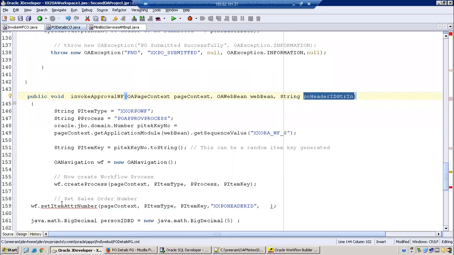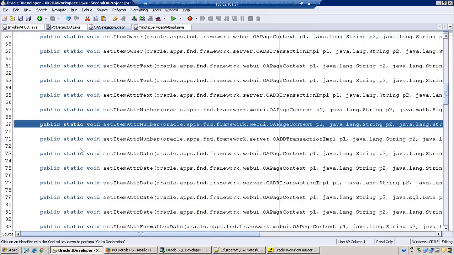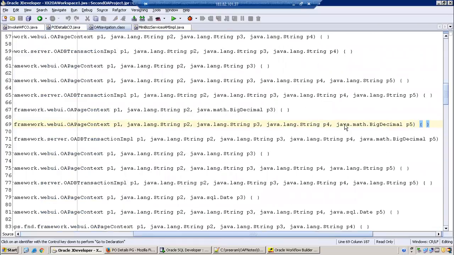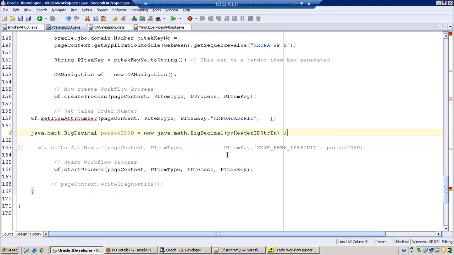This is a number parameter. So here if you observe, I'll control click on this one. Okay, it's not going. One minute. So here if you observe, the number parameter requires something in big decimal. The data type is big decimal. So we just need to convert this particular parameter. So in our case, let us say we don't require this.